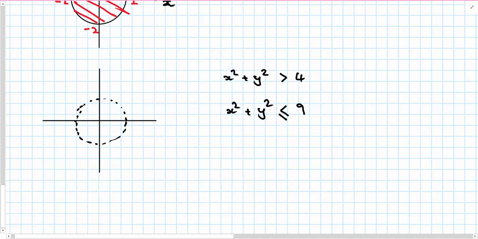And a circle of radius 3, except this one is a solid line because of the equal sign. So let's mark in